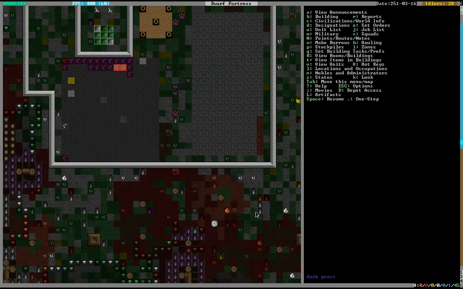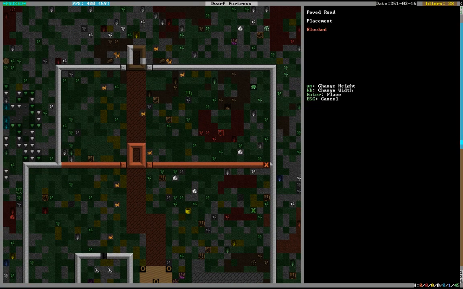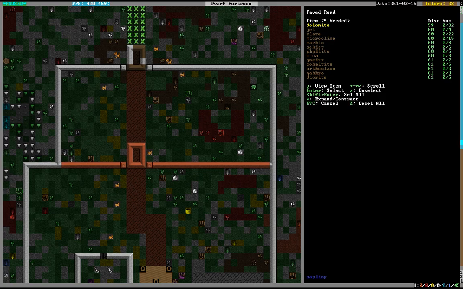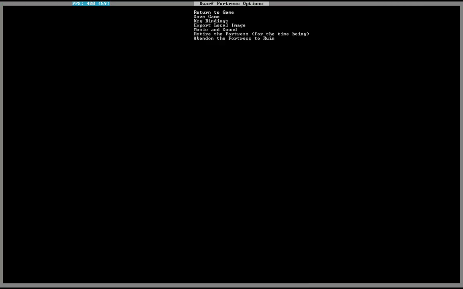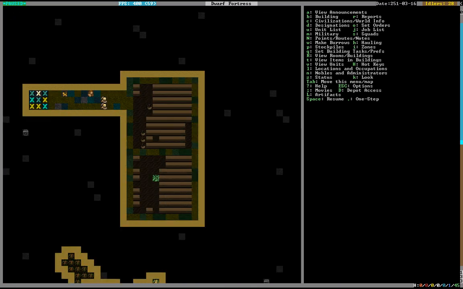But I think everything else, we also need to build a... I think the last thing we were doing was building paved roads out into the wilderness. I want to say that's what we were doing, but I don't entirely remember. There's like 100 things I gotta do in this fort. Oh, we're also...